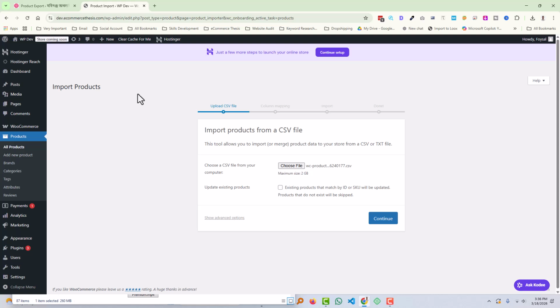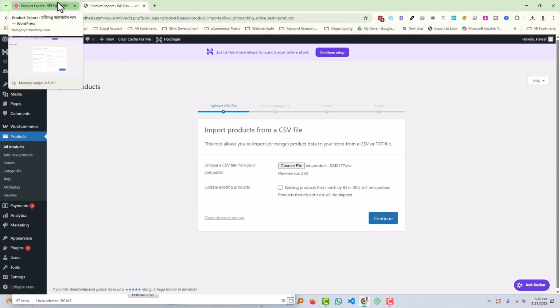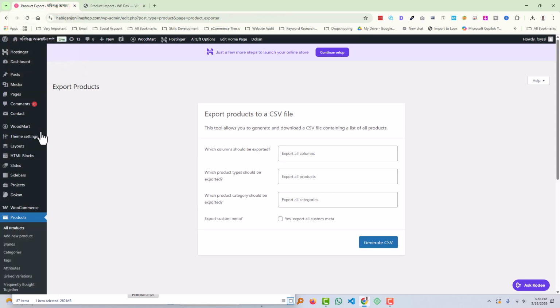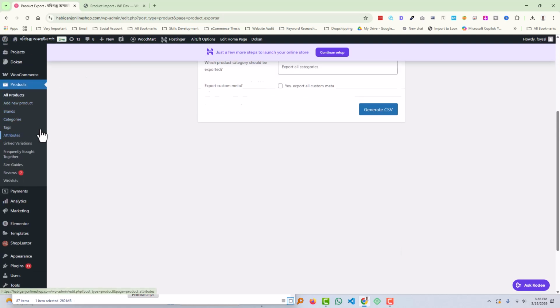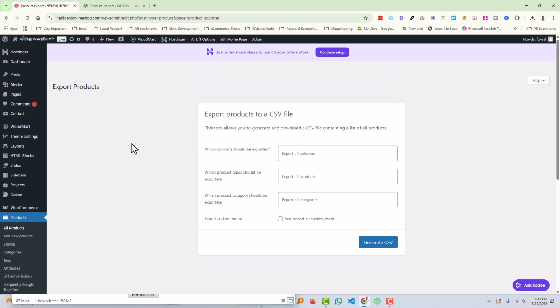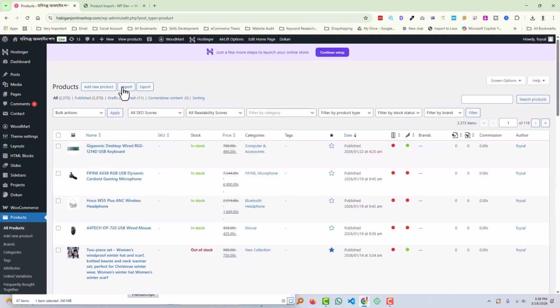Okay, to do this we are going to go back to the previous website from where we want to export products. So you see right now we are on the product section and click on export,